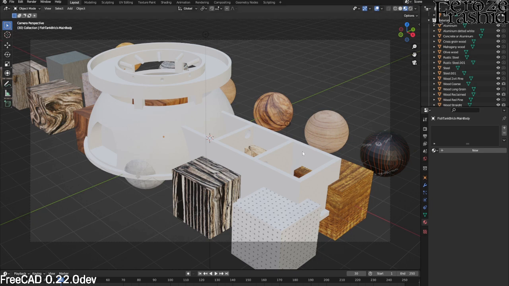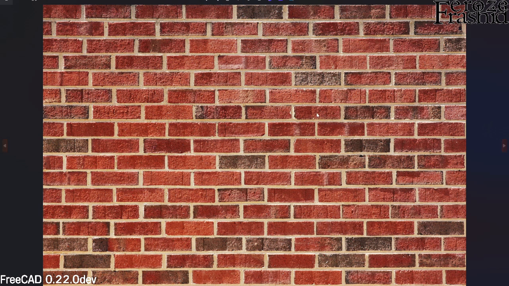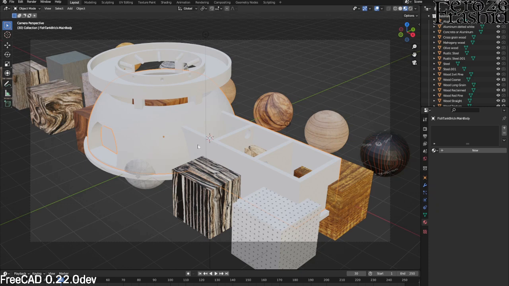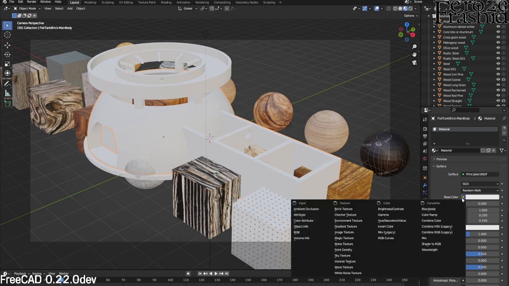Right. So as I said, this main body will be brick wall, and I downloaded a brick wall picture, and this image is a JPEG image. I want to apply that image on this material. So all I want to do is select this body, go to material, and add a new material. And in here, the base color,